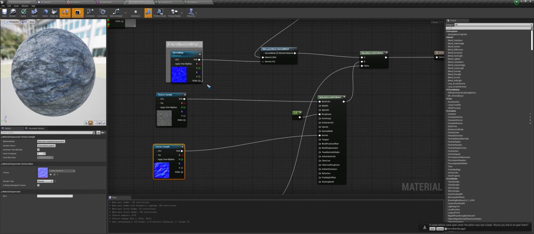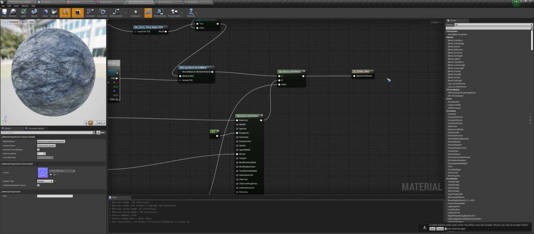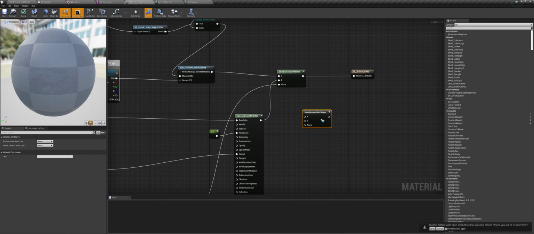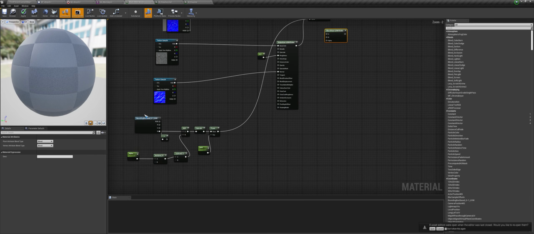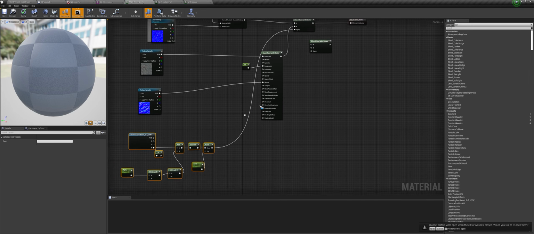if you open up the mannequin material, you can see something like that. So in order to get this, you can type in blend material attributes, and we can get A and B value and an alpha. For the alpha we will connect this, so it kind of grows from the top to the bottom.